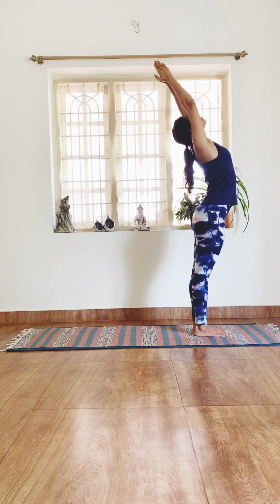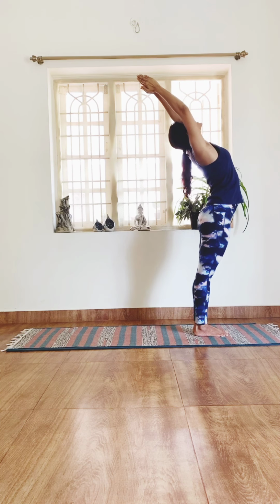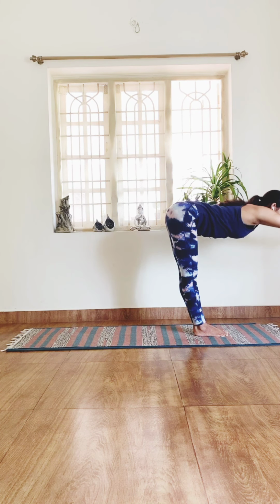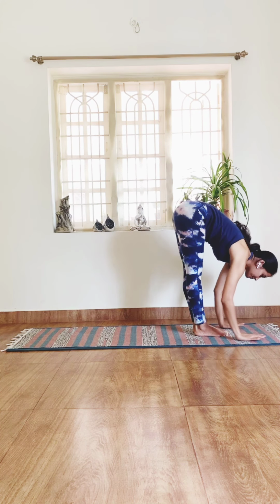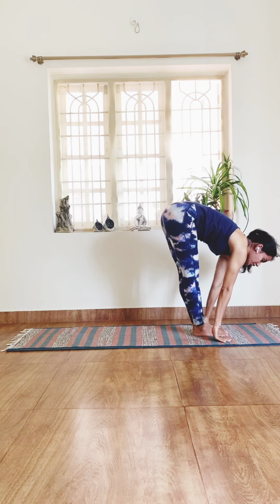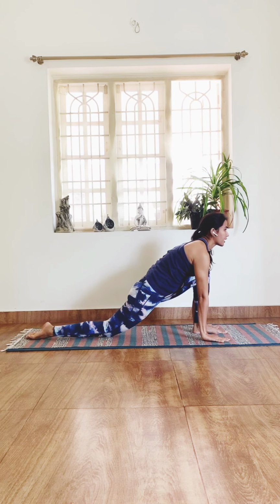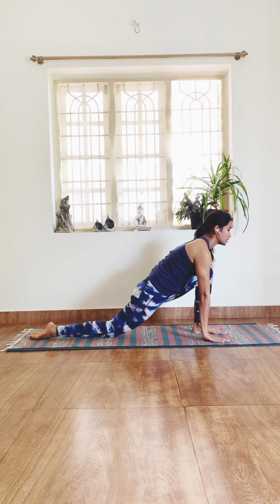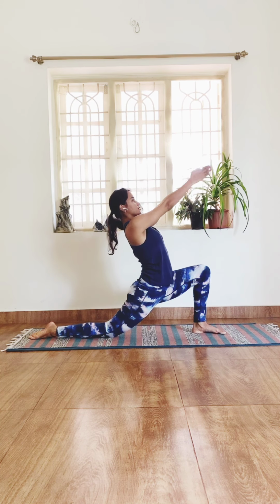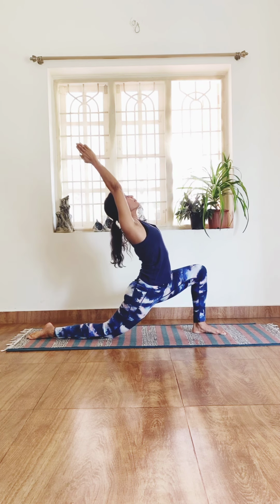Look up at the palms for Dve, that is Hasta Uttanasana. Trini, hinging from your waist and reaching for your toes or the mat. Head tucked in as you exhale. Chatwari, right leg goes back, come to Ashwasanchalanasana as you inhale. Pancha, hands come together as you exhale, and as you inhale, draw the arms up, extend the trunk, bend back